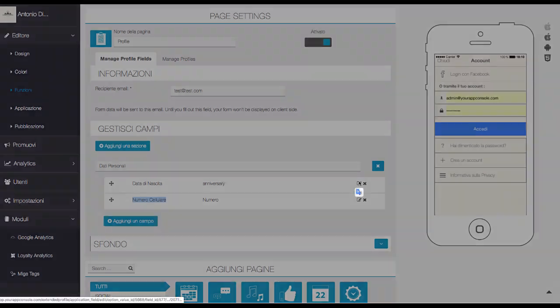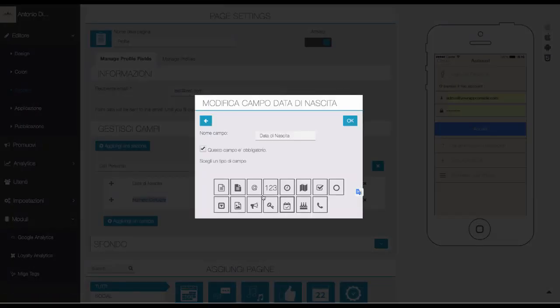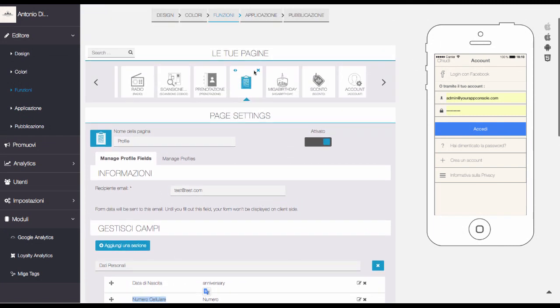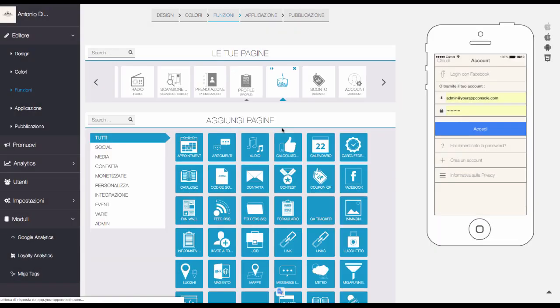The type of the field that you should add as date of birth, of course, is a date type of field. After you add this and make it mandatory, you are able to choose inside Miga birthday